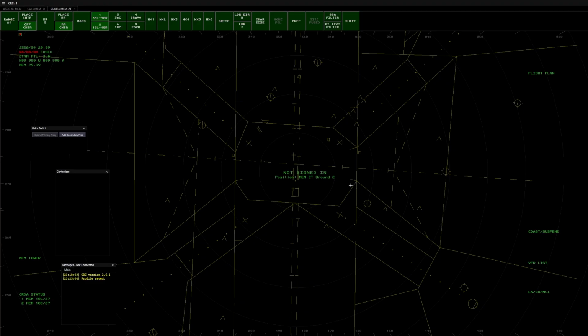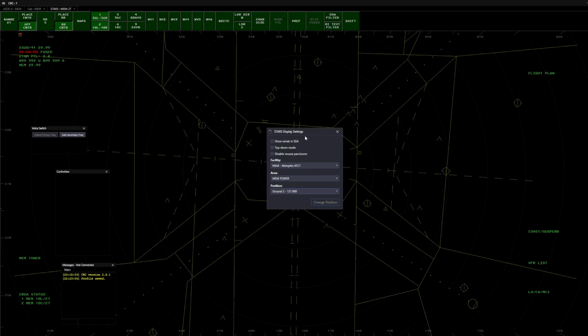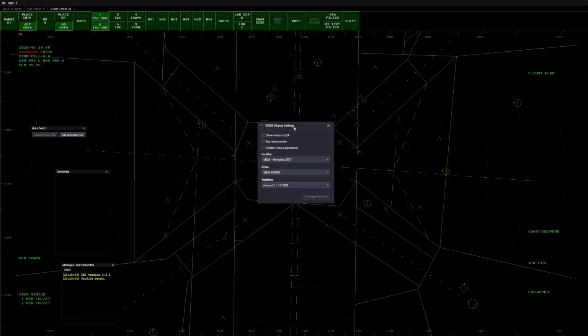For the sake of this video, I'm also going to show one other feature that can be useful, but again, you should not be relying on this. The main thing that you should be using is your ASDEX and understanding and learning the taxiways. But I'm going to show you this just because this is a CRC setup video, so I'm going to try and show a lot of the important features. This is just to show winds right there. It's not that important. This is the same, disable mouse pan/zoom. So if you want to stop yourself from zooming in and out, which is not a habit that you should acquire, you should try and keep your display pretty still, and by zooming in and out, you're taking away from